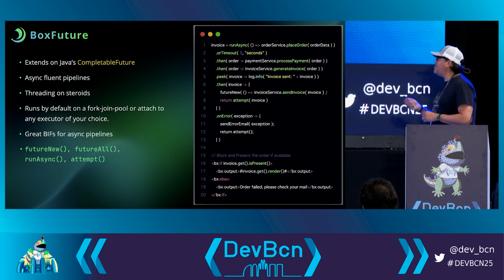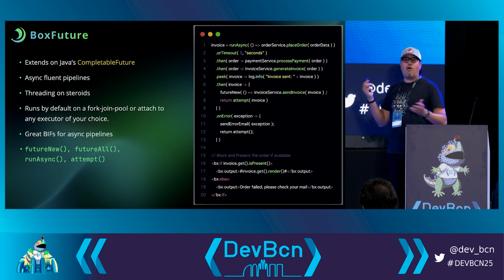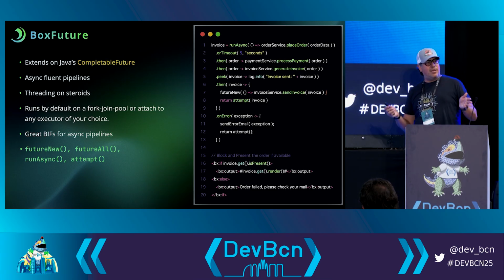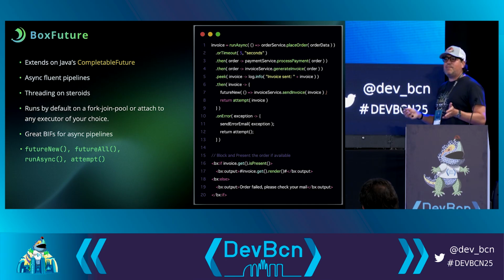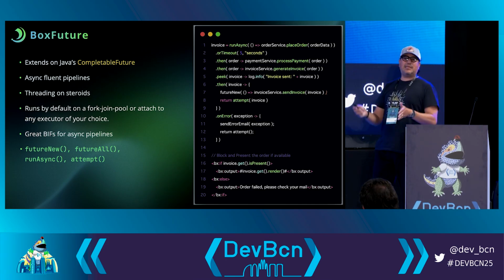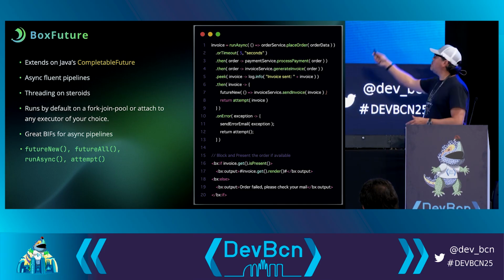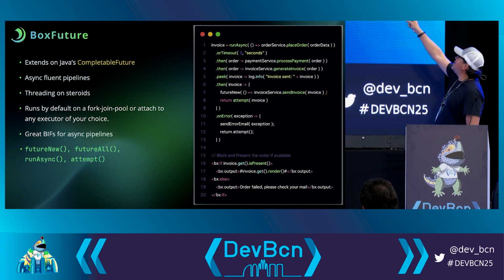So you can have different methods like futureNew, futureAll. So this will actually do parallel computing for you. You can pass an array. You can pass basically any type of collection, and it will try to basically run them all in parallel for you. And then, of course, you can build beautiful expressions like runAsync, orderService, placeOrder, timeout in